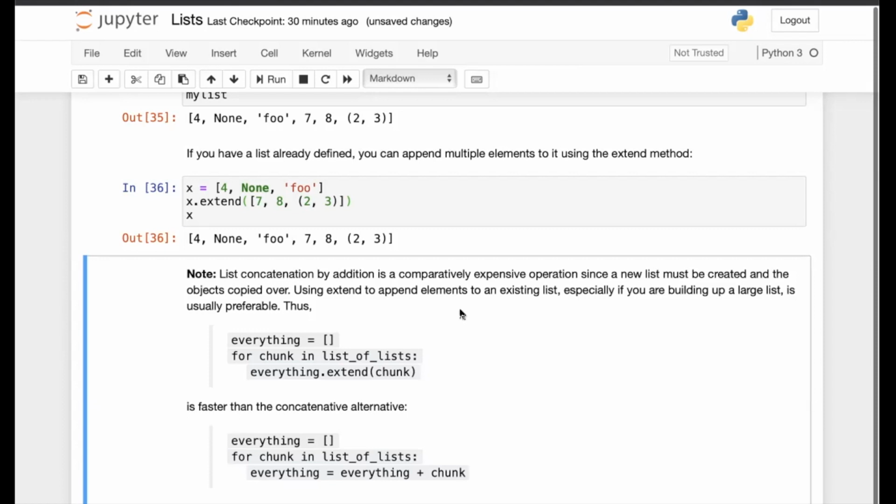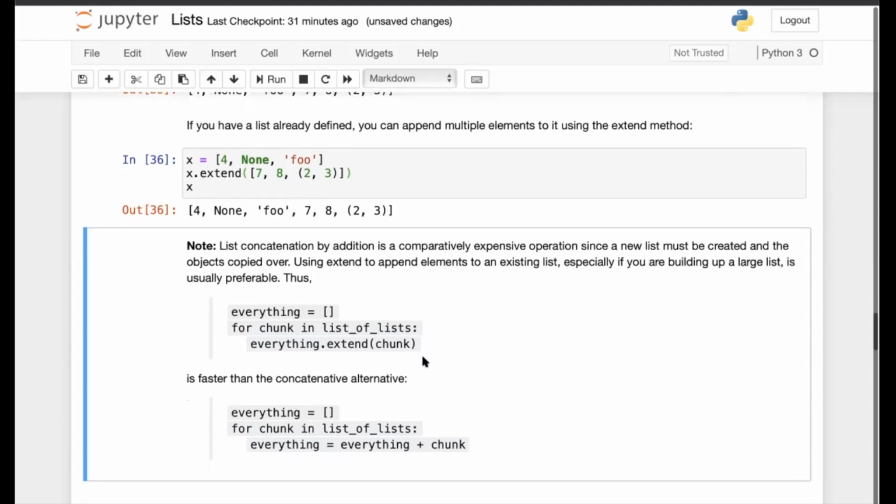In comparison, the extend method just adds those items to the already existing list, so it is comparatively faster. This is basically what we would like to convey. You are extending this list, which is a faster way to concatenate than to use the plus operation.